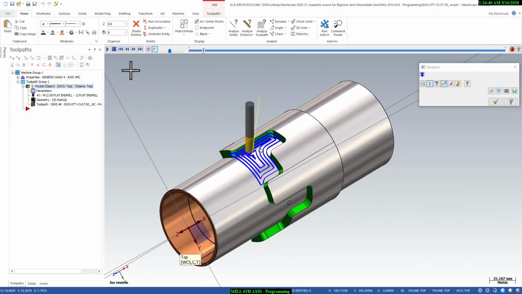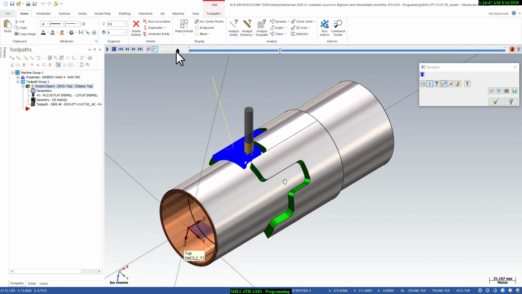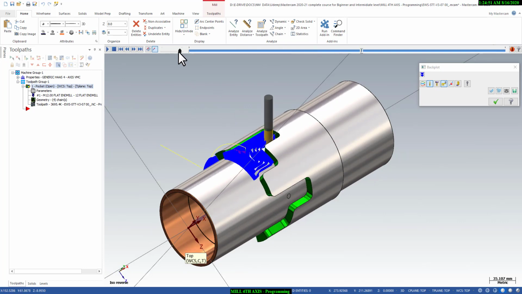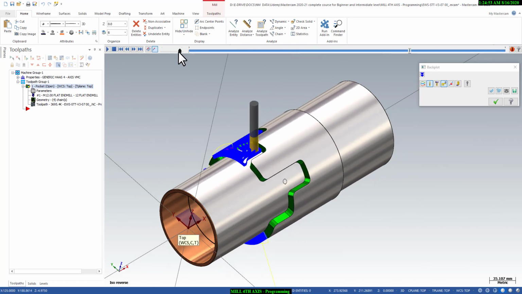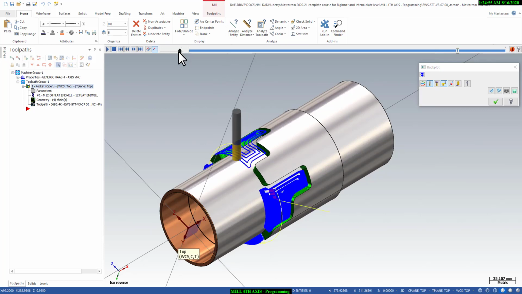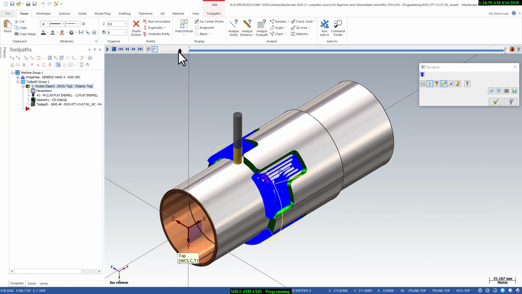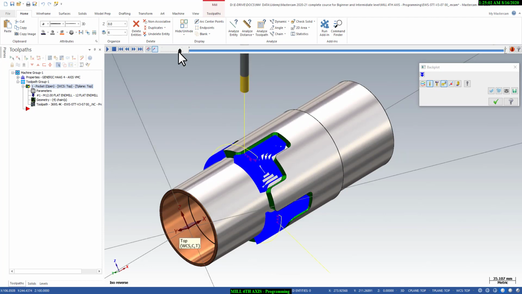So you can see this is complete fourth axis movement. It's like a machine movement. So you can see how smoothly it is moving, and the passes are totally smooth and compact. So it's very easy to use fourth axis programming in Mastercam for this kind of pockets and all.